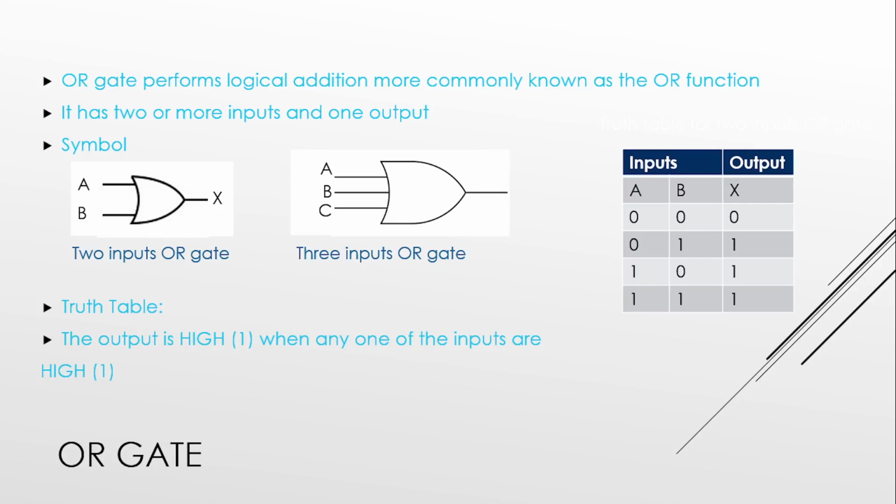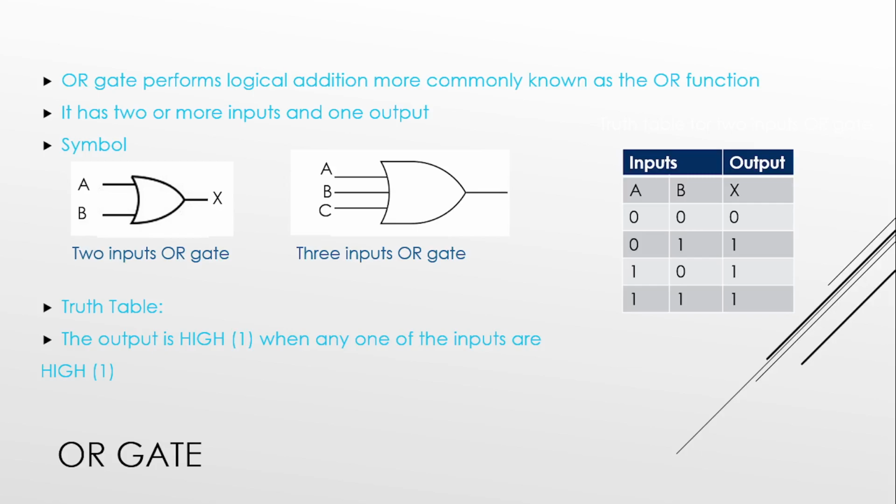Okay, so this is about the truth table. If it is said to describe the working of the OR gate in a single sentence, you can say that the output is 0 if and only if all inputs are 0. Or in other words, the output is high when any one of the inputs is high. So, it was about OR gate.